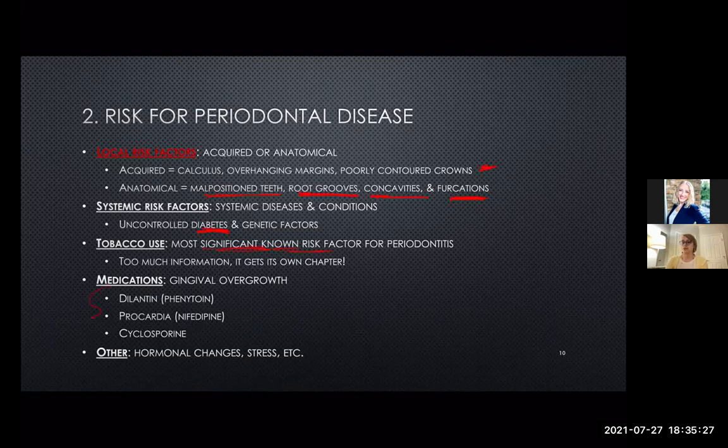Medications, you already know, you have to know these 3 medications that cause gingival overgrowth or hyperplasia. The main thing here is that due to the gingival overgrowth, the patient can no longer keep those areas clean at home. Remember that hyperplasia causes deeper pockets without apical migration of the junctional epithelium. So we can't expect patients to clean 4, 5, 6 millimeter pockets at home because there's nothing that can reach into those 7 millimeter pockets, right?